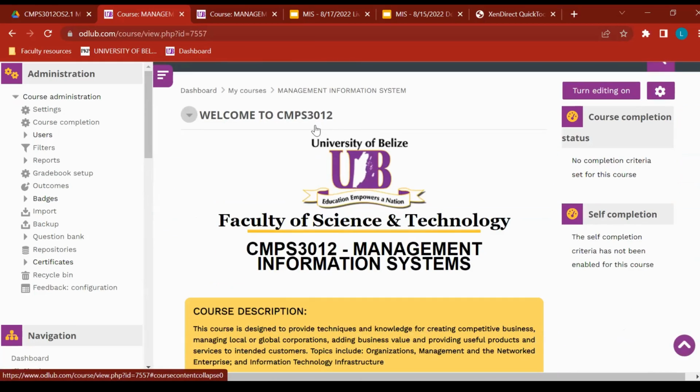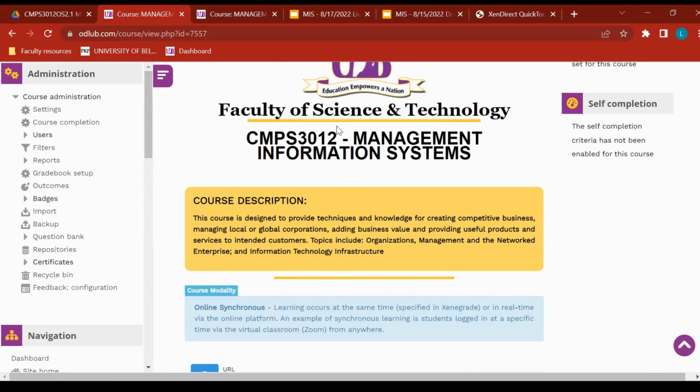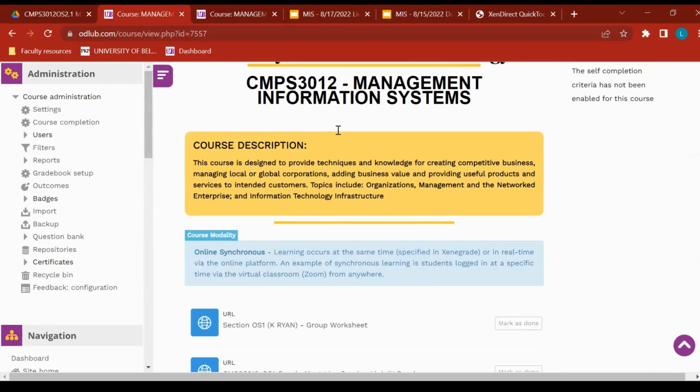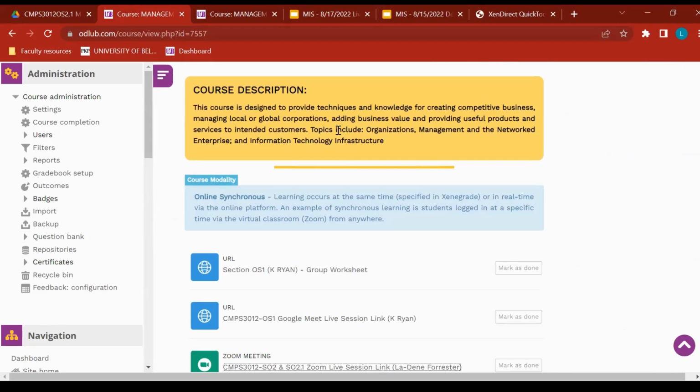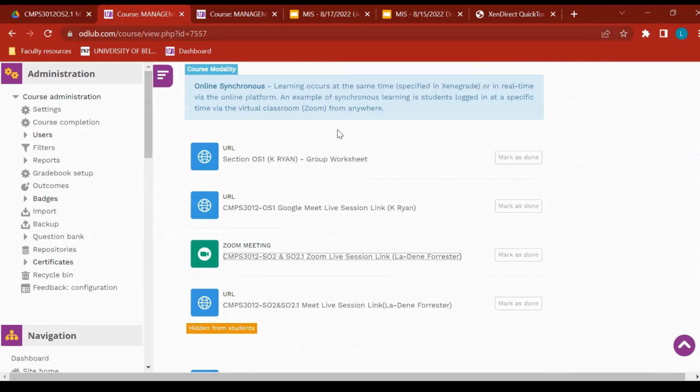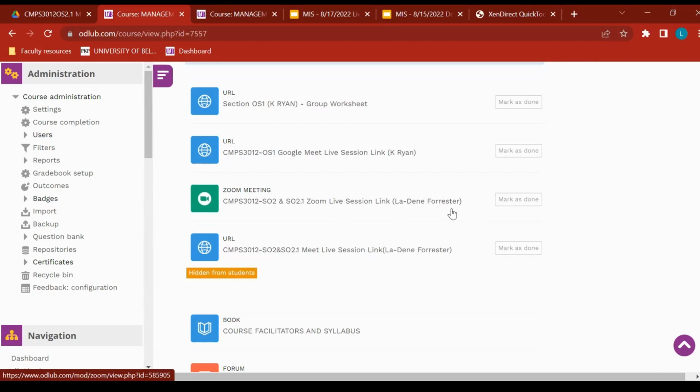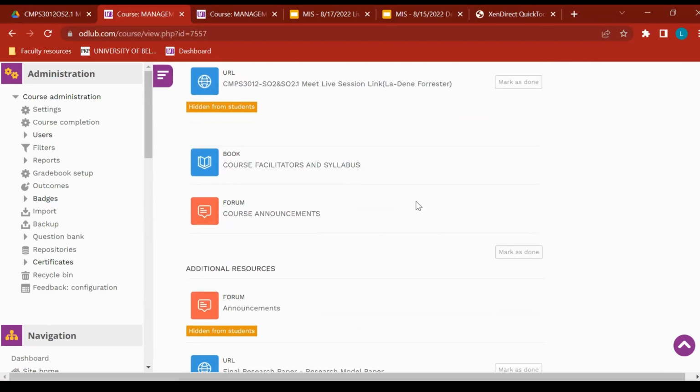So this is the CMPS course page, and I believe by now everybody should have access to it. The requests that came in for persons who were not getting access were sent to ODL, and I'm believing that by now they were resolved. So on the course page, you will notice that we have two sections, well, three actually. There is Dr. Ryan's section, and he has his resources here, but my resources are immediately after. So here is the classroom link, and most of you were able to come in.